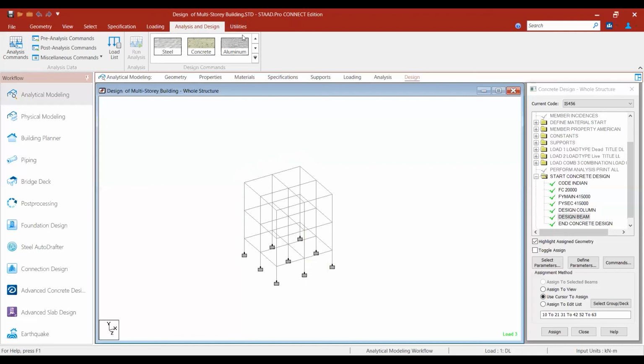So our output file is open. See all the results in this.